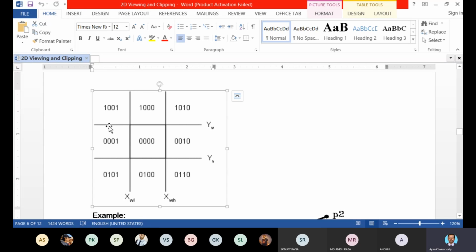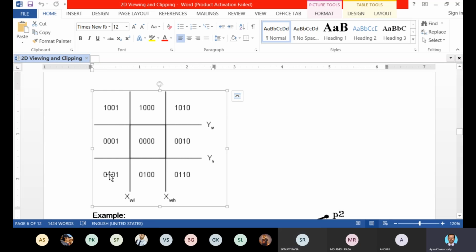Now let's see for the west region. Again, we are not in the above position of the window. We are at the same level of the window. So the 4th bit is 0. Now for the southwest region, we are not in the above position of the window, so again the 4th bit will be 0. So we have completed the 4-bit region code for 3 regions: northwest, west, and southwest, respectively 1001, 0001, 0101. Is it clear to all of you?